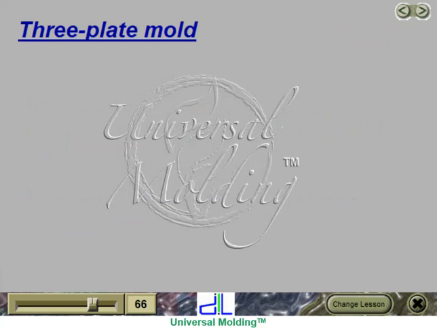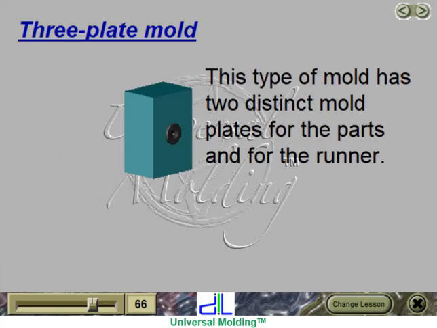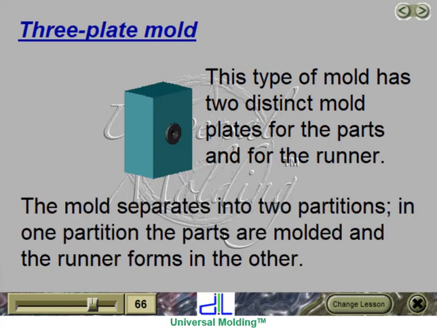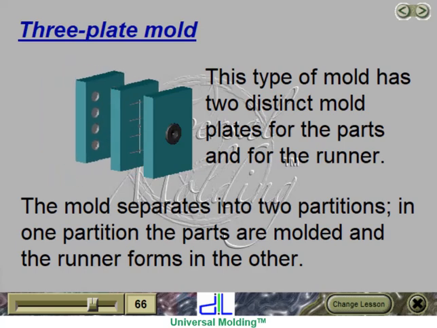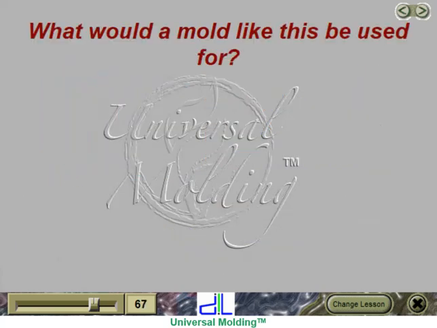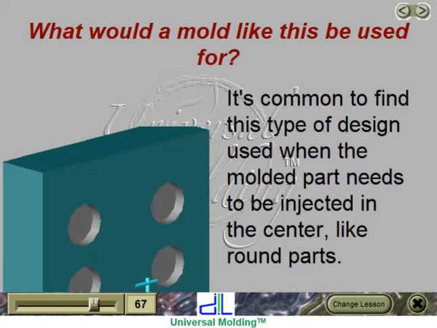3-plate mold. This type of mold has two distinct mold plates for the parts and for the runner. The mold separates into two partitions. In one partition, the parts are molded, and the runner forms in the other. What would a mold like this be used for? It's common to find this type of design used when the molded part needs to be injected in the center,